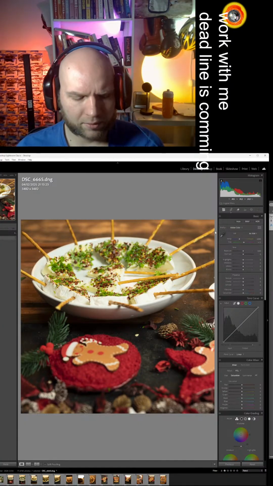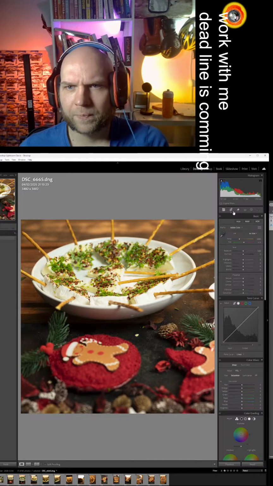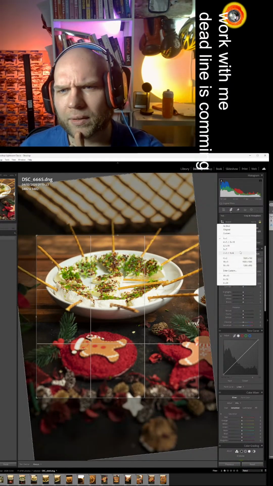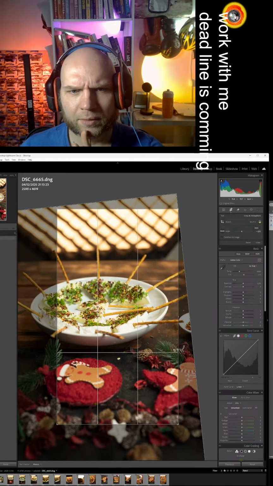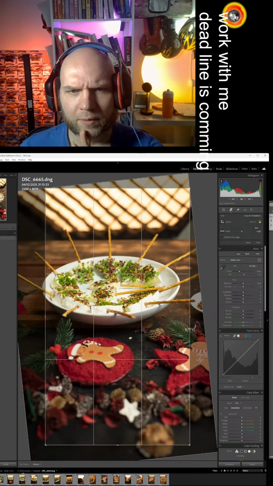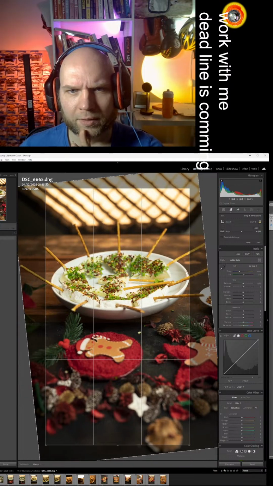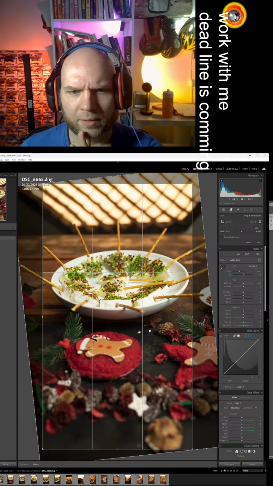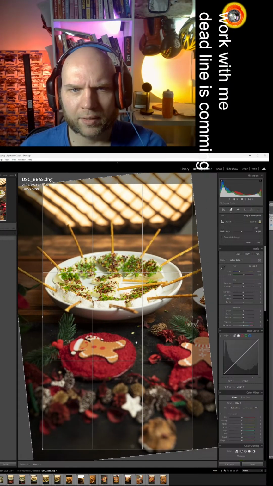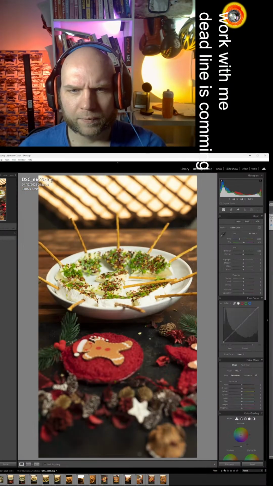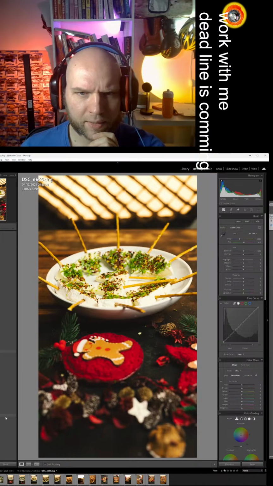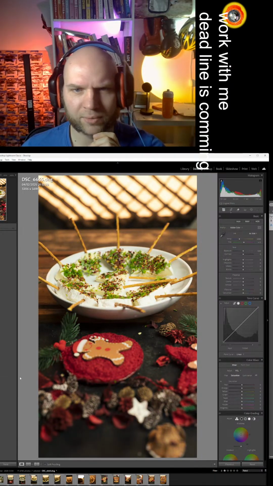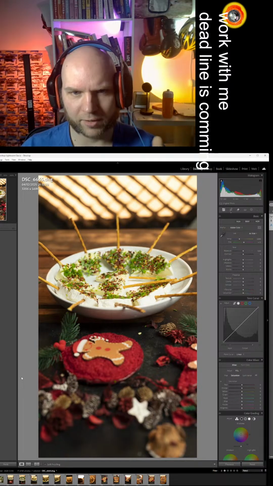I don't feel that too many details are lost. So we will do that 9:16. It's much better. Even though a lot is going on in this photo, still it will be better than yes, like this. And because this is a Christmas photo, I would like to see some warm colors over there.